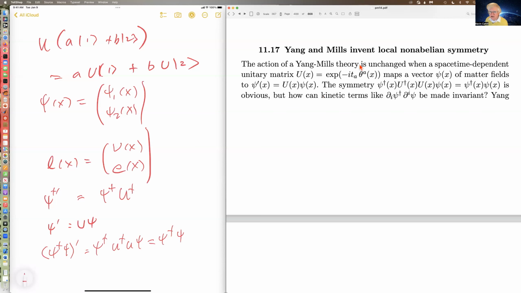So it's very easy to conceive of a theory that is invariant under unitary matrices,